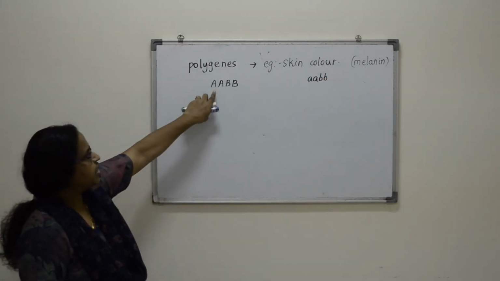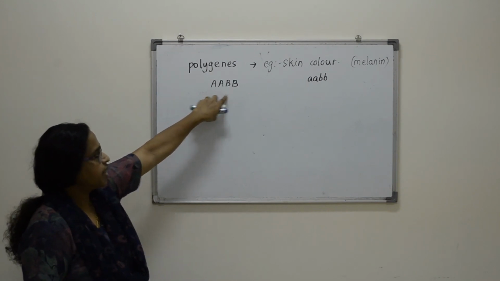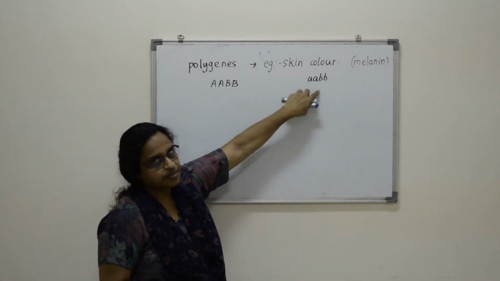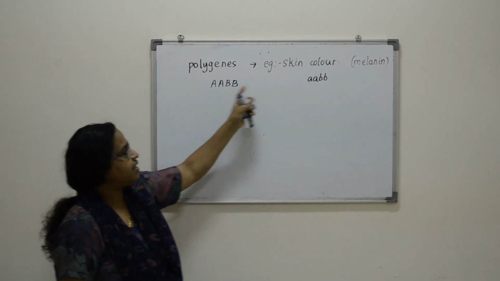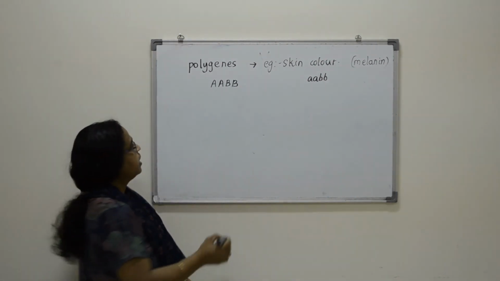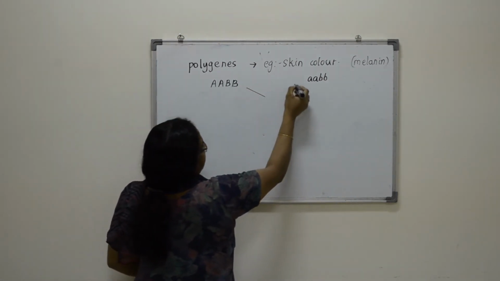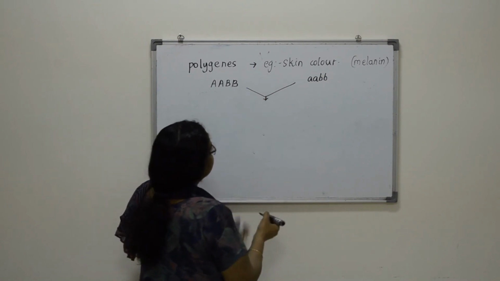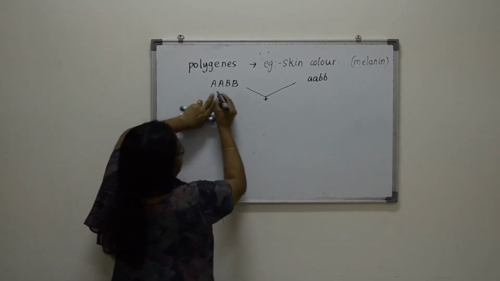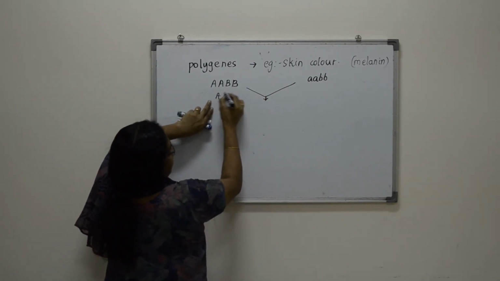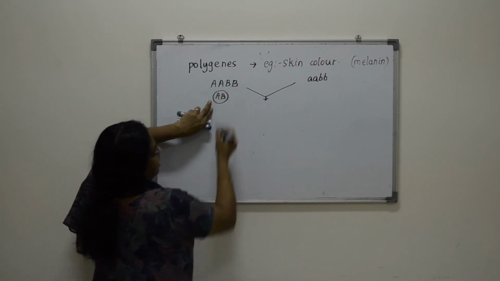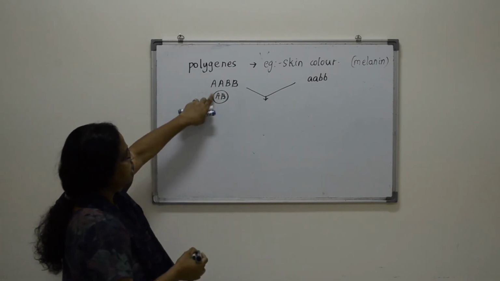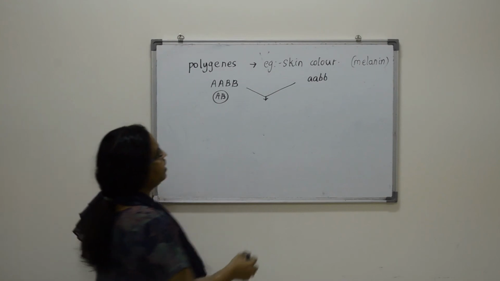So there are 2 genes here, and here also 2 genes. So the phenotype is black here, white here. So look at the first generation, from here it will be A and B. So you know at the time of gamete formation, it will become haploid cells, and here it is